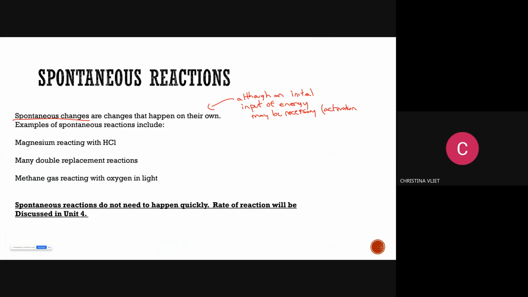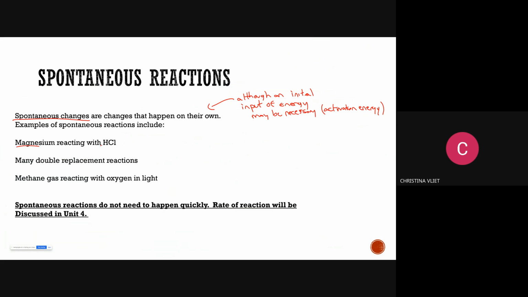An example of this that would be a little dangerous: if we have a flammable substance like methanol, we know that it will ignite, that it will light on fire, but you need a spark for it to do so. We know it will happen as long as you have that spark there. That's going to happen spontaneously.